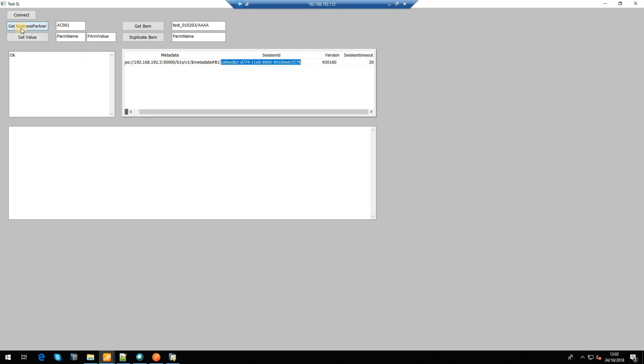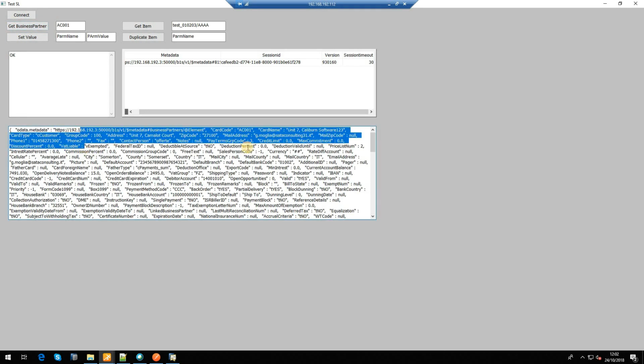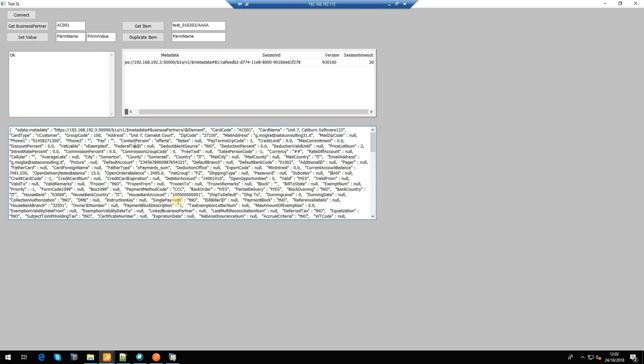For example, let's get the business partner with this code. Here we have the JSON of this entity with all the parameters, the properties. For example, the card name,